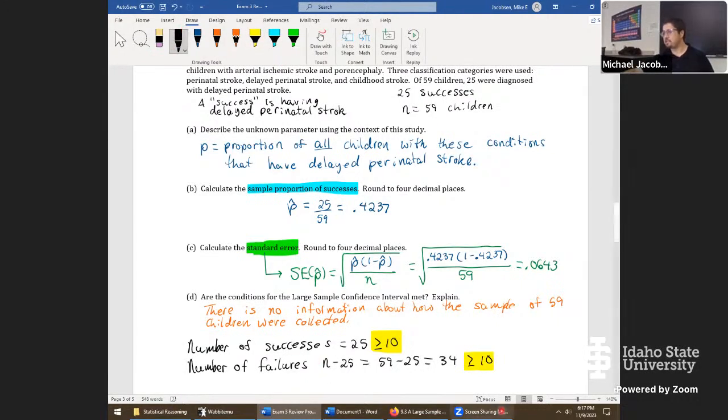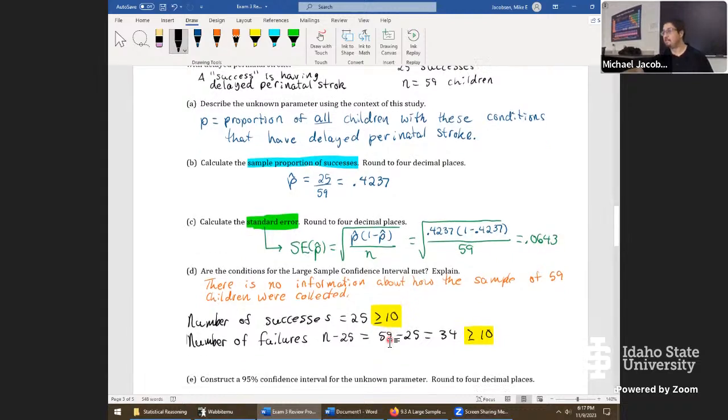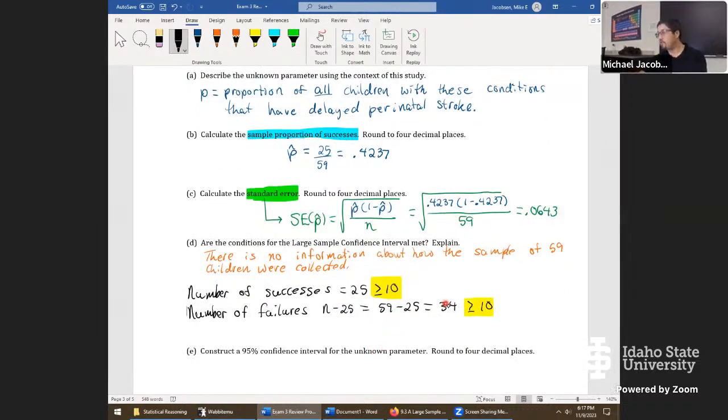And the trickiest thing about this, though, is once we make these two computations, we still have to make a conclusion. If this exceeded 10 and this exceeded 10, we can then say this shows the sample size is large enough. So we have a large enough sample to run through this procedure, and that's what we'll do next, construct a 95% confidence interval. Any questions at the moment, folks, with the discussion on those conditions?